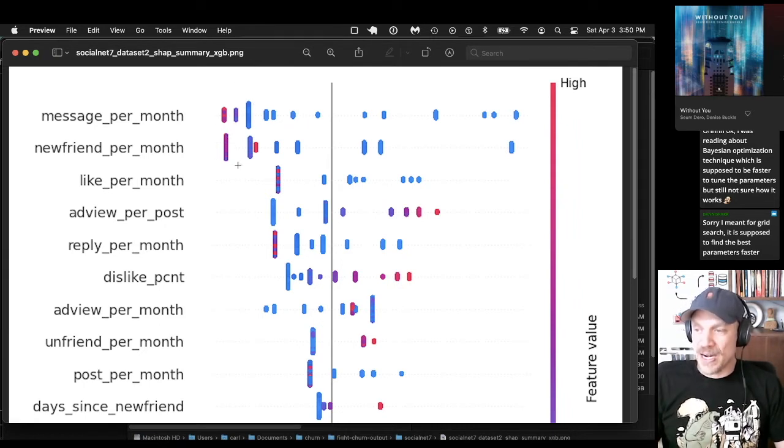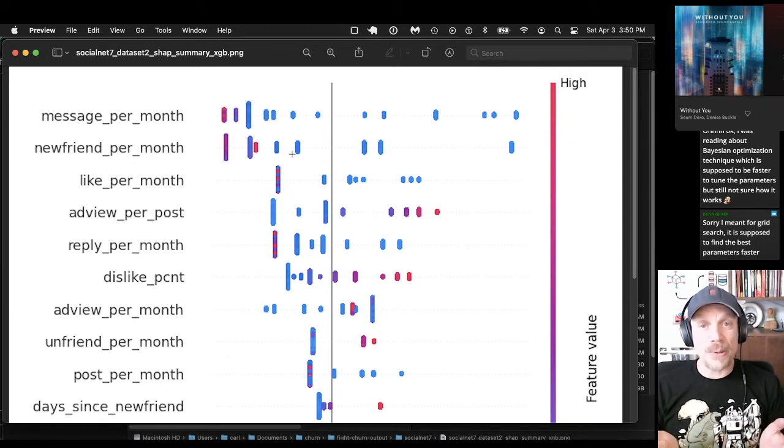Similarly, for new friend per month, the highest values are reducing churn. And that goes on for the top three metrics. The metrics are also ordered by importance, with the most important at the top. So message per month is the most important, new friend per month is less important.